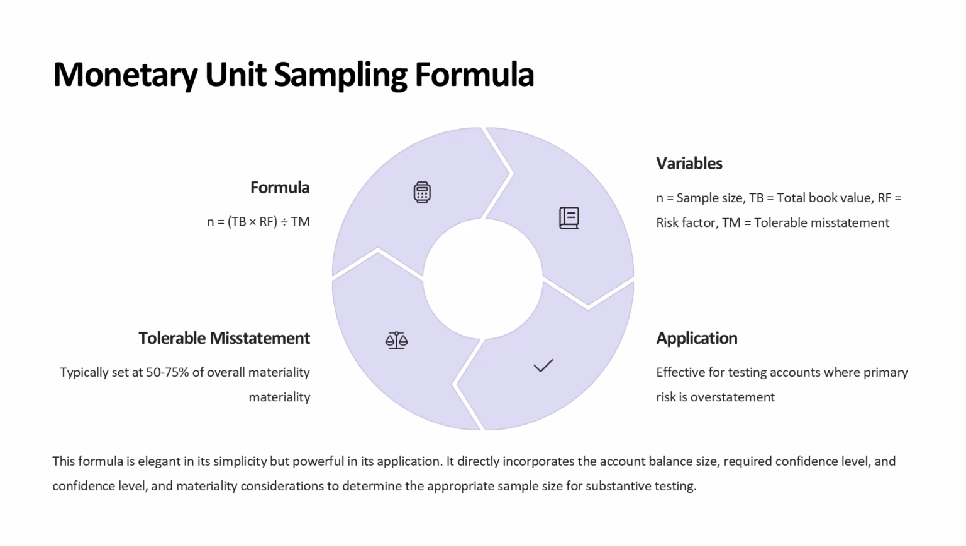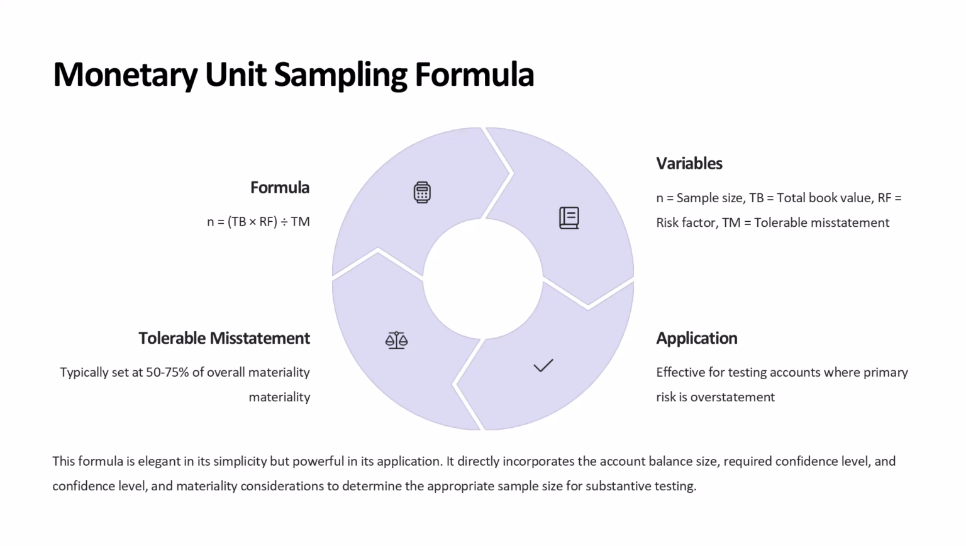MUS is particularly effective for testing accounts where the primary risk is overstatement, like accounts receivable or inventory. The formula directly incorporates the account balance size, TB, your required confidence level through the risk factor, and your materiality considerations through tolerable